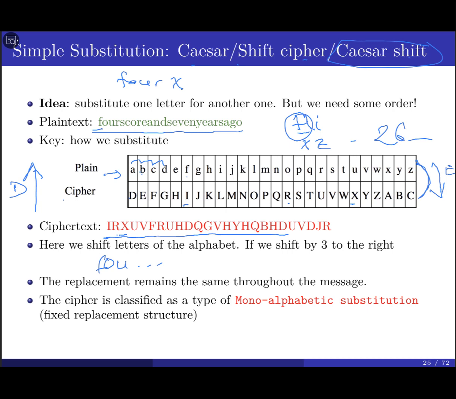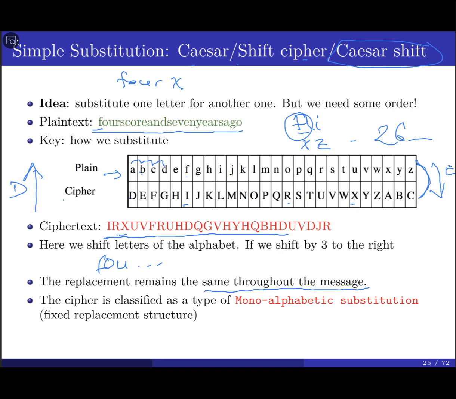We call this one a scheme where the shift remains the same throughout the message. That means if, in the simple case, every letter is shifted to the right by 3, it doesn't mean that after that you change it, and maybe another letter is shifted by 6, and so on. No, all of them are going to have the same structure, the same mapping technique, or the shift to the right, for example, by 3 or by 6, etc.